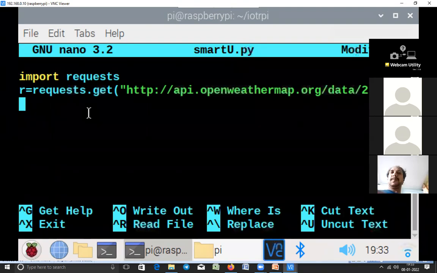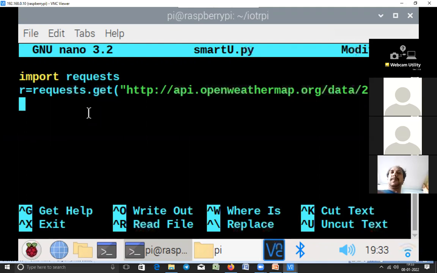IDEs are good when you're working with a computer or laptop. But with devices like Raspberry Pi, which have low computing power, it is better to go with applications that take low computing power. So that's a good thing.